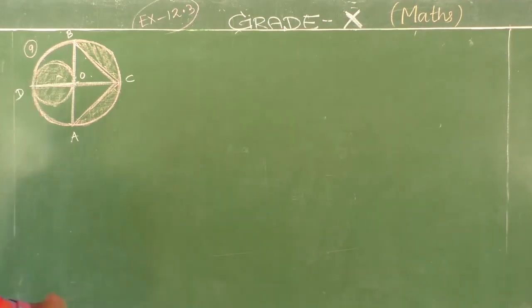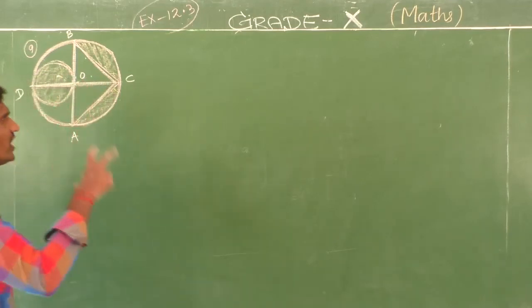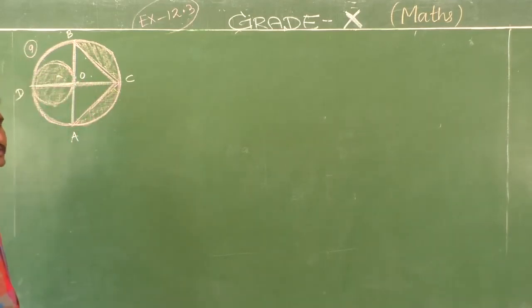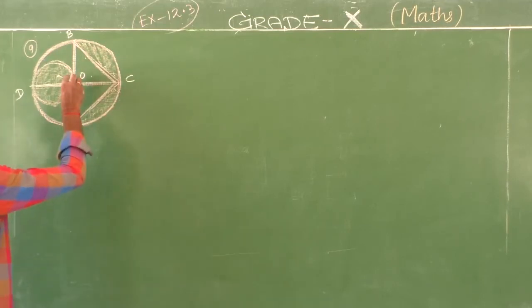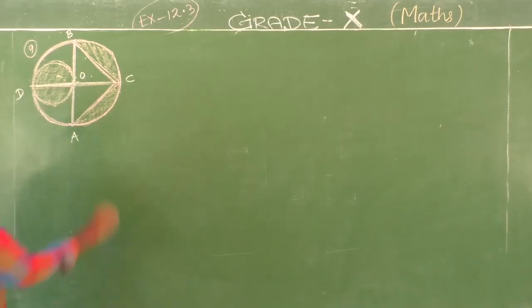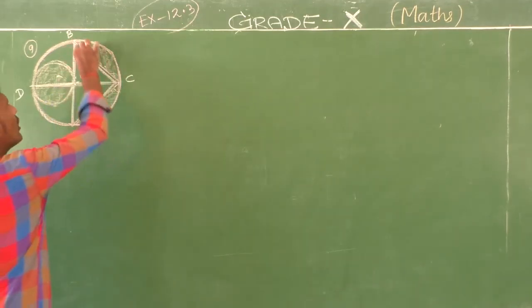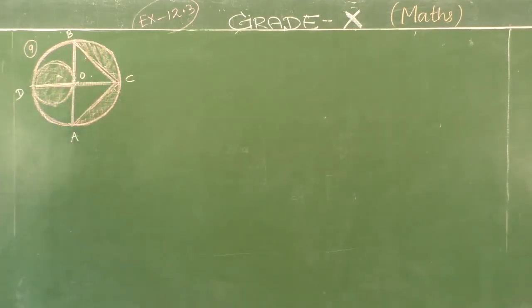Now you should mention how many shapes are inside one circle. See, this is the whole circle. Inside the circle, from the center, I am going to draw one small circle having the diameter OD, and from the diameter, I am going to form one triangle like this. Now, students, first the big circle.